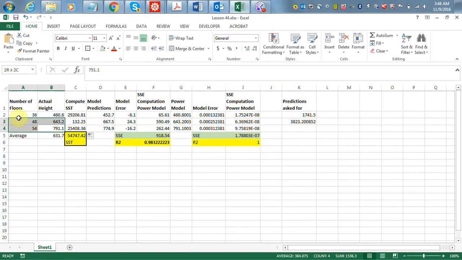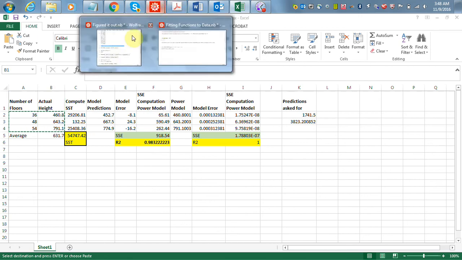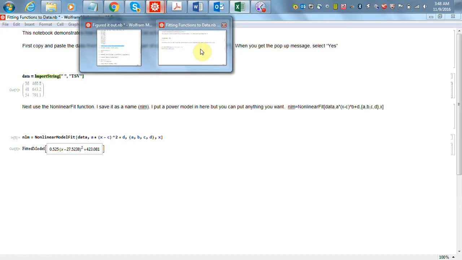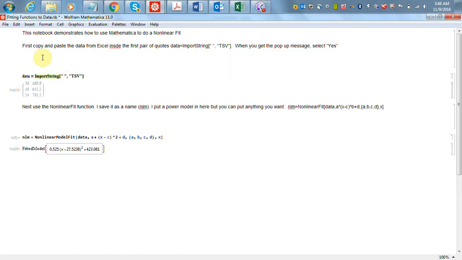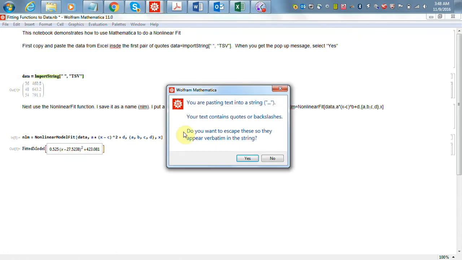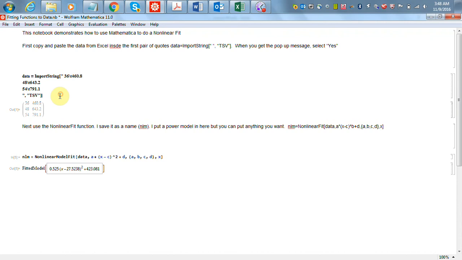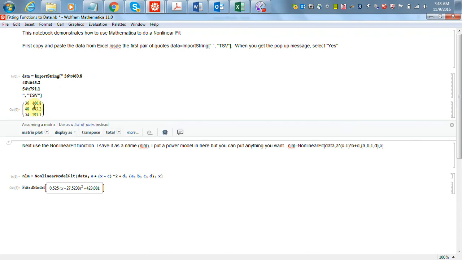So I'm going to highlight the data, the X and Y data, not the headers, just the data. Copy that, go into Mathematica, go put it in between those two quotes, paste it. Now it gives me this thing, just put yes, shift enter,